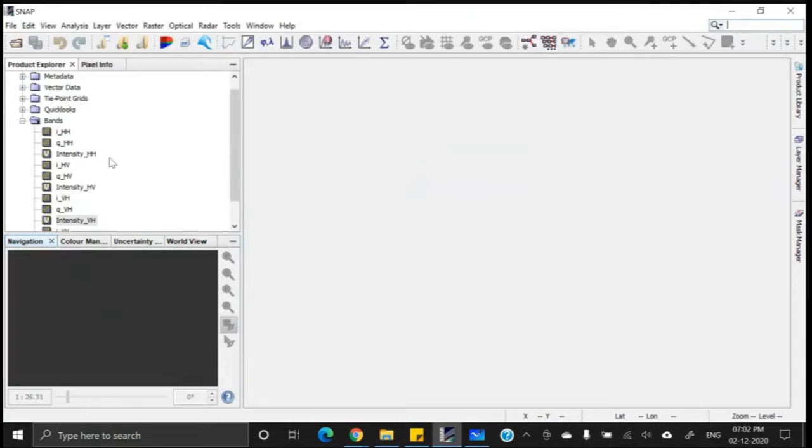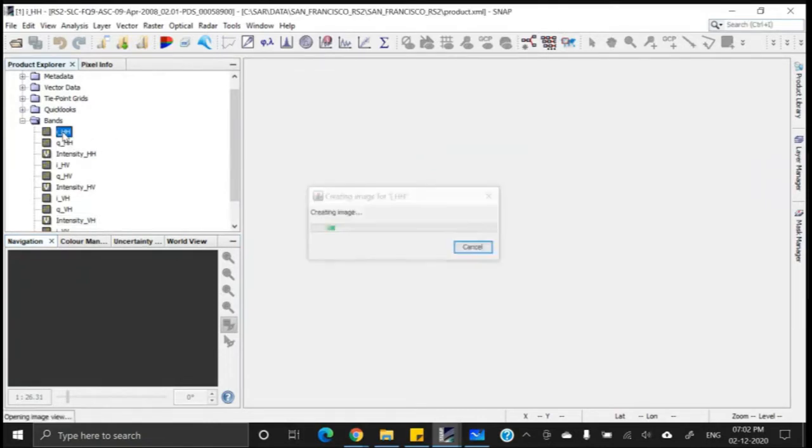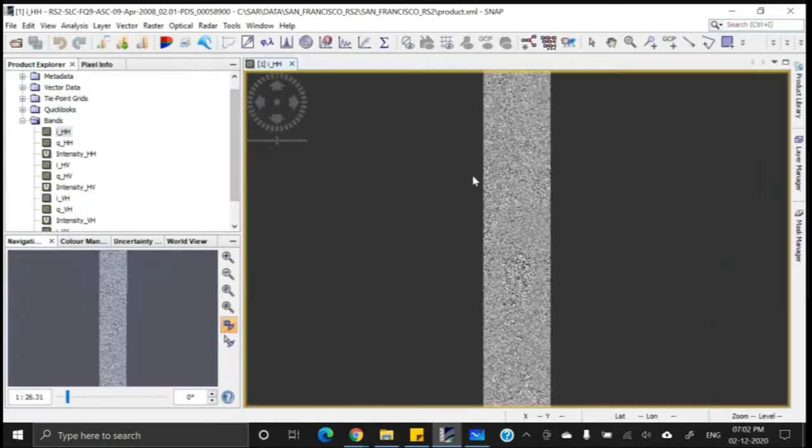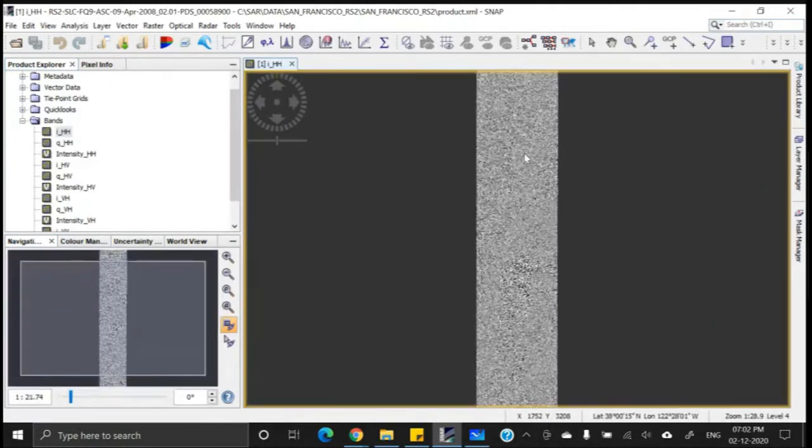Let us try to display an image. First, say the I component of the HH image. Double click on it. So this is the I component of the HH image. You have these zoom tools, zoom in, and this is the panning tool.